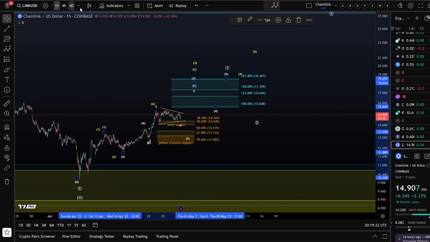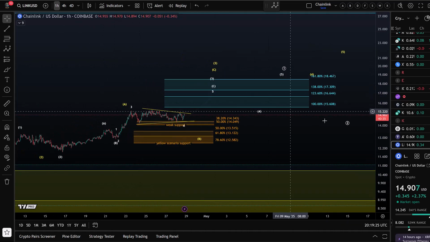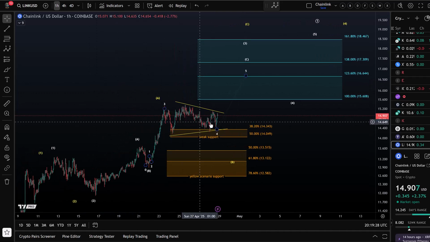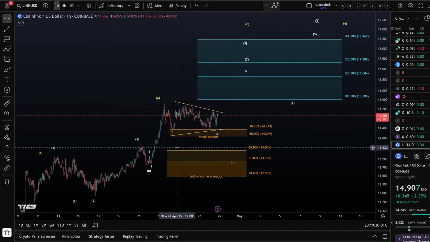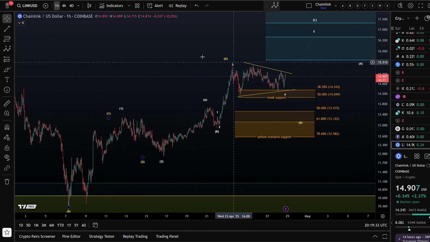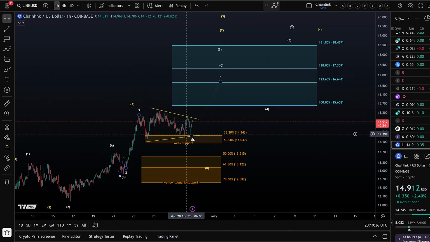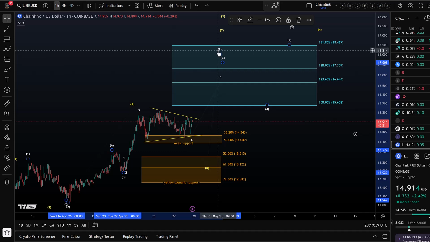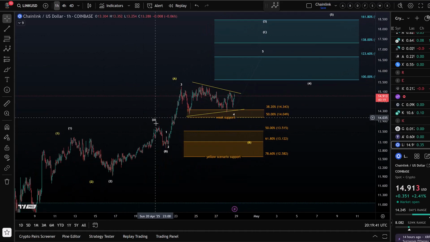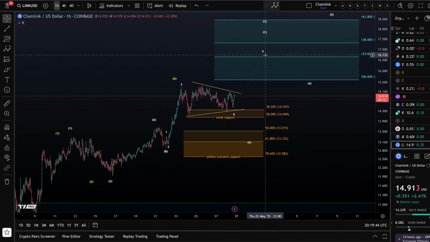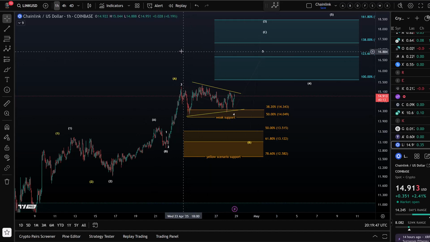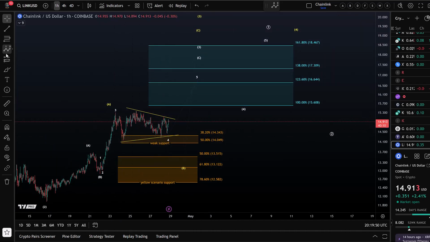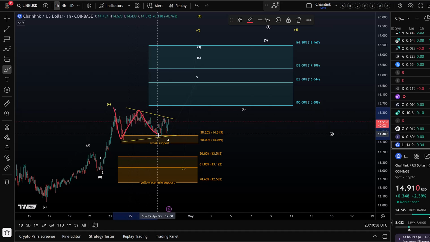Now, looking at the nano structures, you can see that I'm tracking some kind of sideways consolidation pattern. I'm tracking the move up as a diagonal pattern, and currently this as an internal 4th wave in wave C of 3. There are other ways. I probably could count it as an impulse if I wanted to, but it doesn't make a great difference. The idea is this could be an internal wave 4 triangle in this move to the upside, and the triangle is an A, B, C, D, E pattern. Honestly, it could be complete.